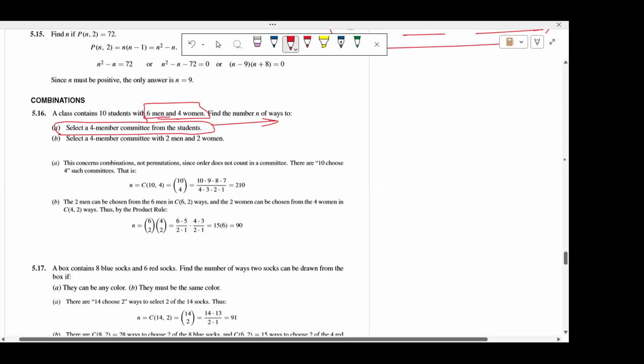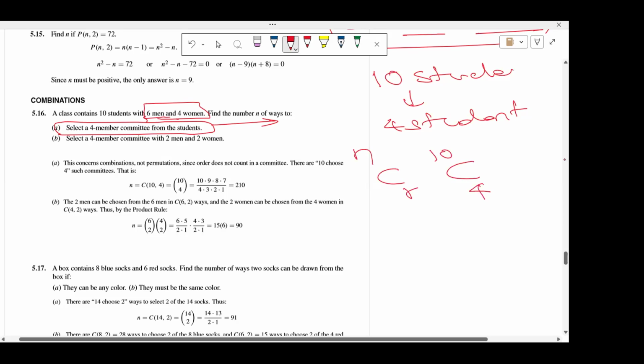What we need to do from these 10 students is form a 4-student committee, right? This is the question. There is no condition. We consider each student equally, right? So we have 10 students. From these 10 students, we need to select 4 students to make a group, right? If you are making a committee or group, it always comes under combinations, right? So the formula nCr. Here n is equal to 10. From these 10 students, we need to select 4 students to make a committee,